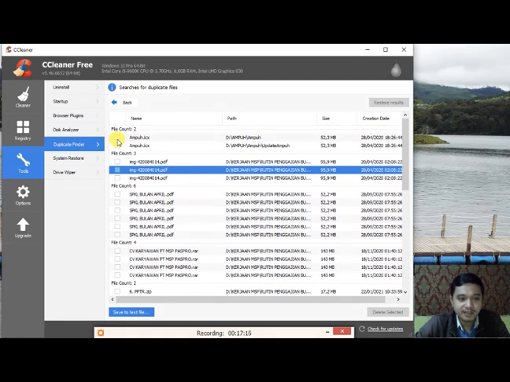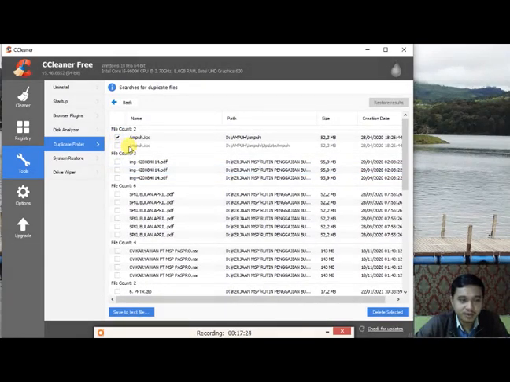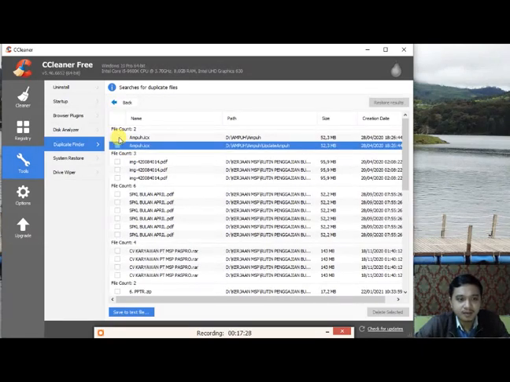There is a file count of 2 for the name ampuh.icx. If I choose the first one, we cannot check the second one. Otherwise, when we check number 2, you can see number 1 cannot be checked at all.